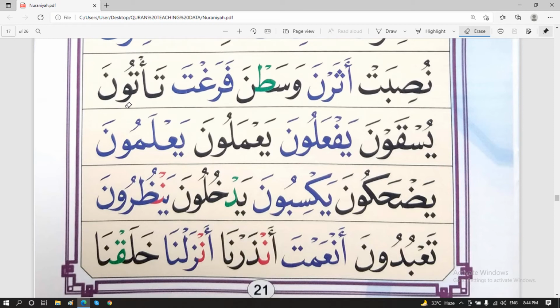So ta, ta. So hamza, as I told you, if hamza has sukoon, we will read it with a jerk, with a bounce, ta, and then tuna, ta, tuna, not ta, tuna. So it's ta, tuna, not ta, tuna. This one is the correct pronunciation. Nusibat, atharuna,